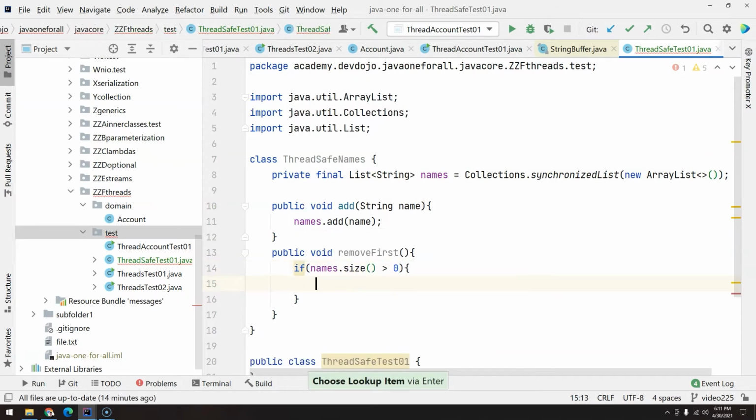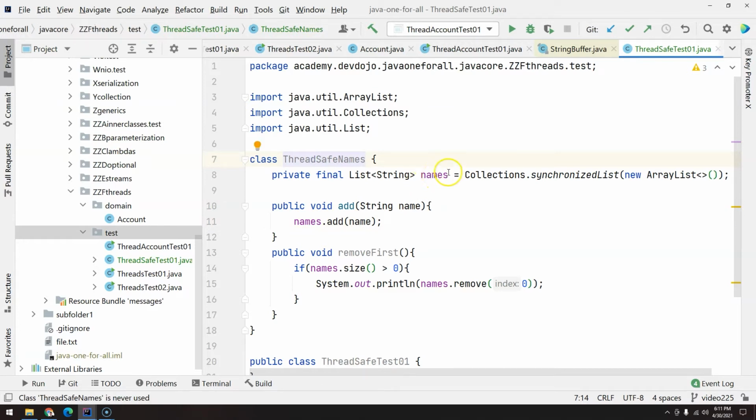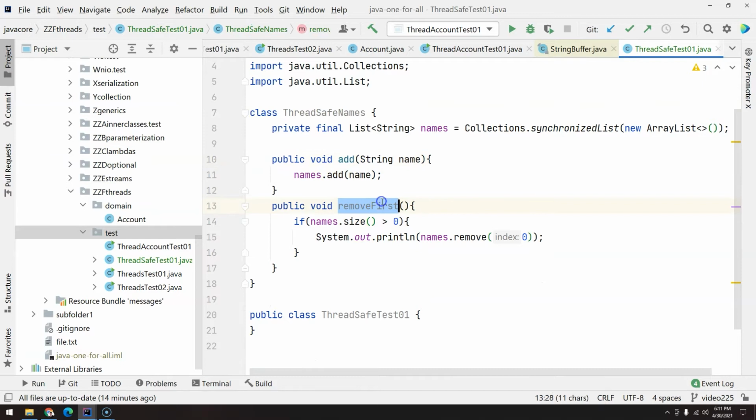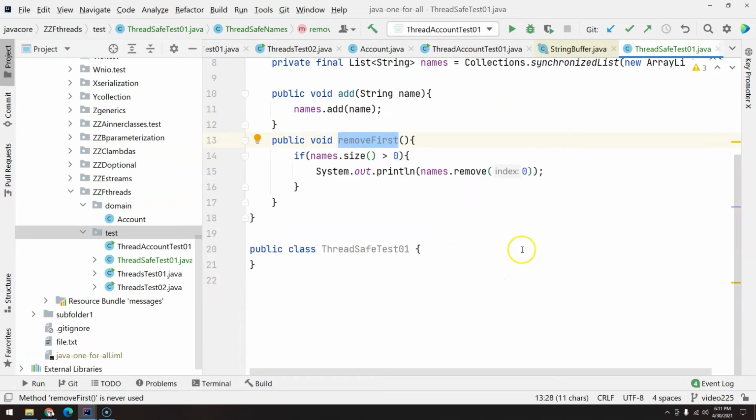It means that you have something that you can safely remove. So let's add here println and then names.remove position 0. Pretty cool. Now we have thread safe names with a collection that is synchronized, and we are adding and removing from this collection, but we are writing kind of a layer above.